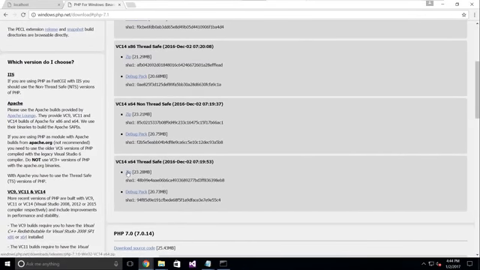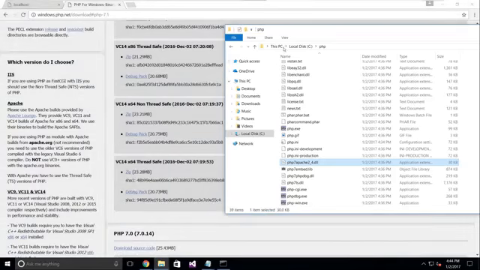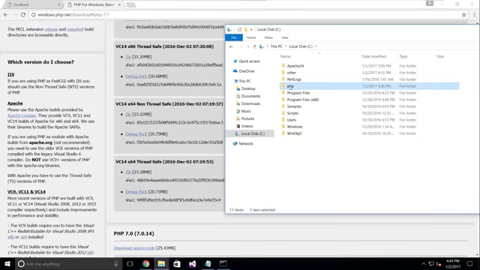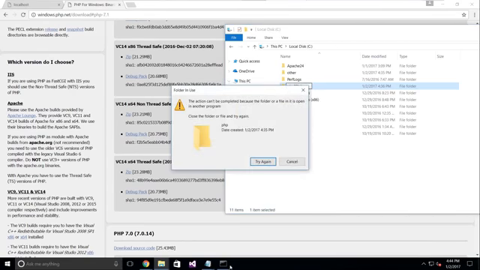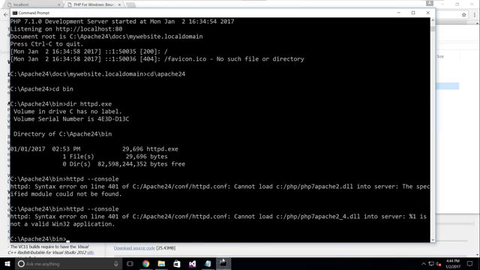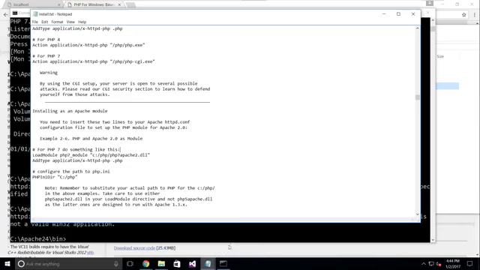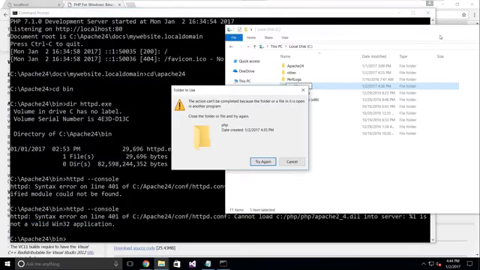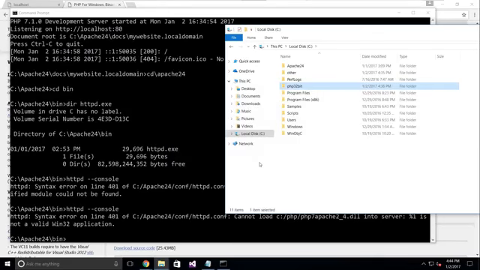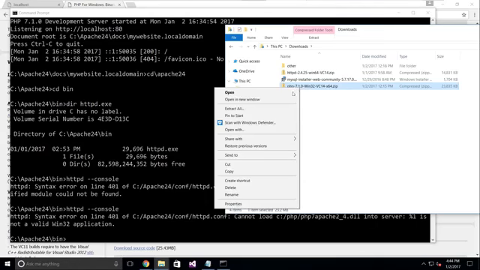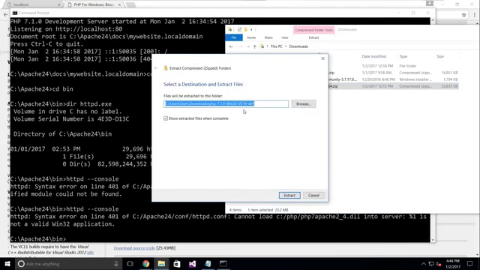So when I go and download this, what I can do is take my 32-bit version of PHP, I'll just rename it to 32-bit, and I can go into my downloads folder, extract the 64-bit version of PHP,